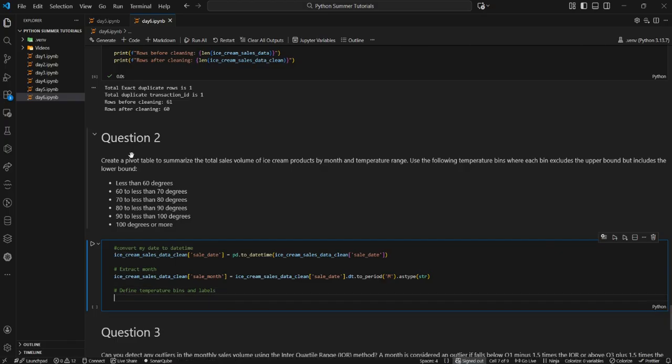Now let's go to the question. Create a pivot table to summarize total sales volume of ice cream products by month, temperature, and temperature range. Now this is the temperature range and bins that have been given to us. So working with this, first of all, we have an array, a bin array,